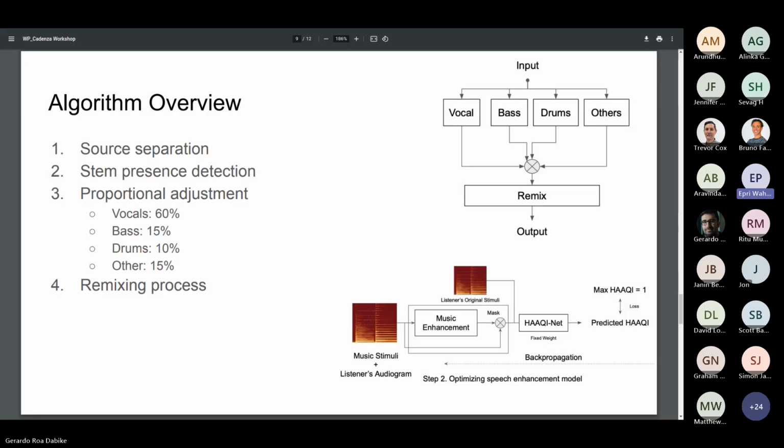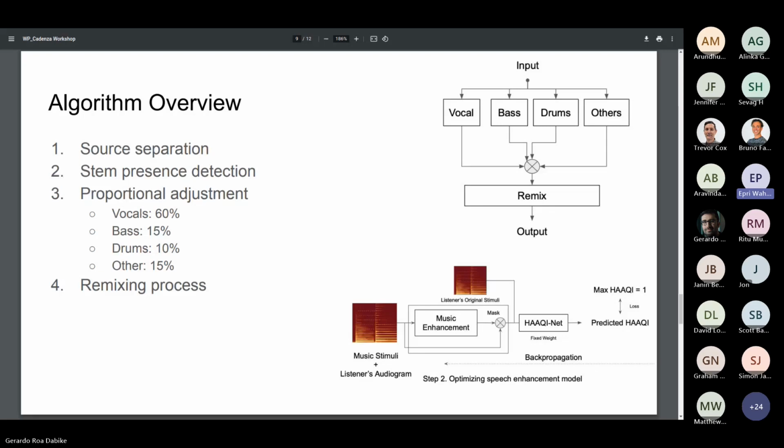But as I said, we haven't finished it yet and we had limited time, so we just remixed the separated music instruments with different energy, like 60%, 15% for bass, drums, and others.